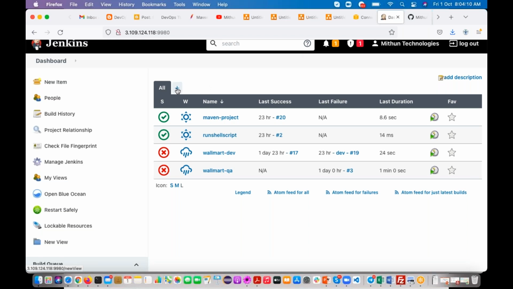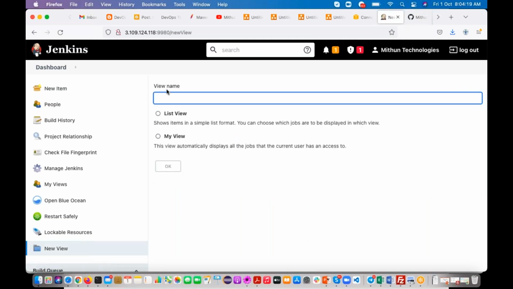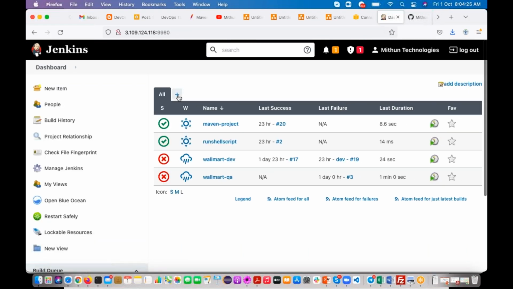See here, there is a plus symbol. Click on plus means create the view. We use New Item for creating a job, but we use this plus symbol for creating a view. Once you mouse over the plus symbol, on the left side down you see New View,